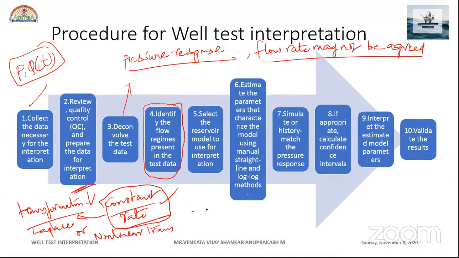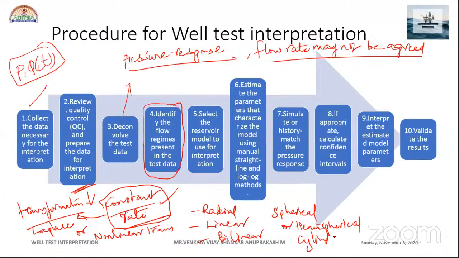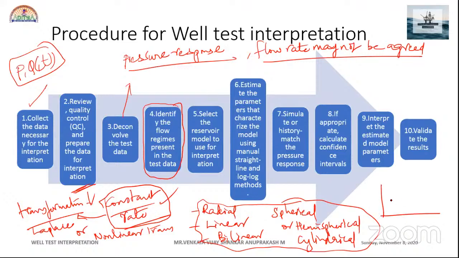As I told earlier, we have radial, linear, bilinear, spherical or hemispherical, cylindrical. All these are flow regimes, depending on the response of your pressure with respect to your derivative pressure, I mean what you call the derivative graph. As I showed you, one response is this, and the other one is